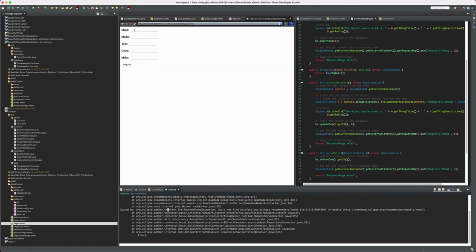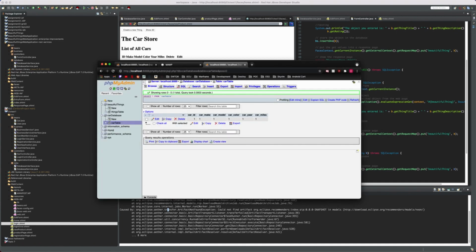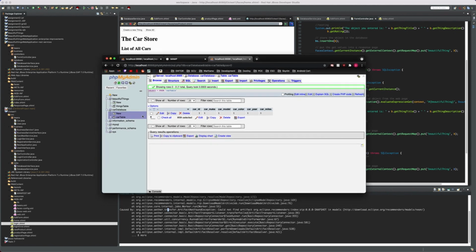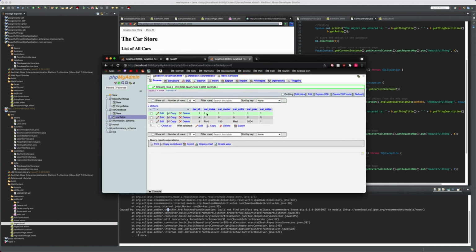We can create a new car, let's go Ford, F-150 in general, 2004, color red, miles 1, new car. Register that vehicle, and all the information's right here. We auto-generate an ID with the database, and to show you the database is working, we've got it right here. So refresh it. So we got all our testing, we got our database,